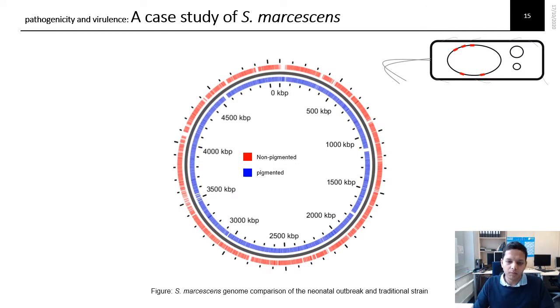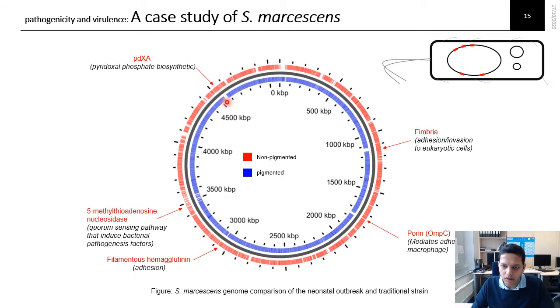Here I am showing you a comparison of pigmented and non-pigmented Serratia marcescens genomes. What we did basically is we sequenced the whole genome of the pigmented and non-pigmented strains and compared them to each other. The blue lines indicate the genes from the pigmented strain and the red lines indicate the genes from the non-pigmented strain. There are certain gaps, and these gaps show that the genes are present in one organism but absent in the other. When we looked at virulence genes, you can see these are present only in the red segment. It means they are only present in the non-pigmented strain. So this means the non-pigmented strains are more virulent as compared to the pigmented strains.